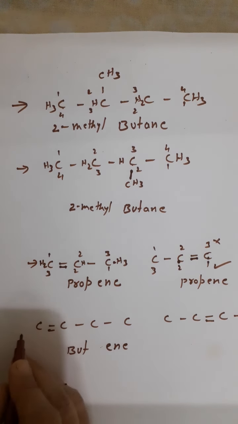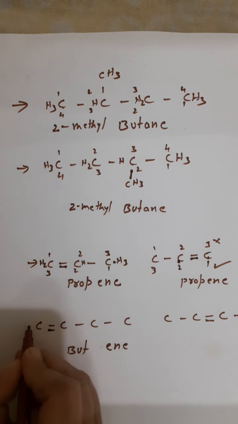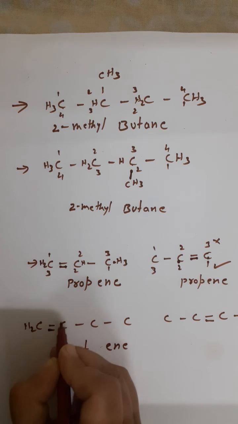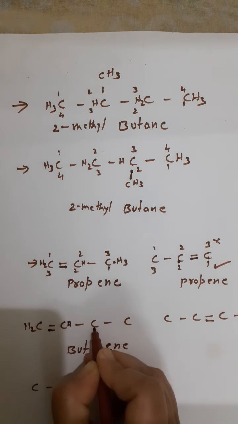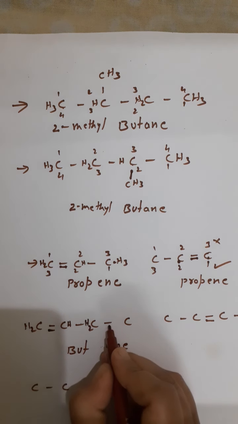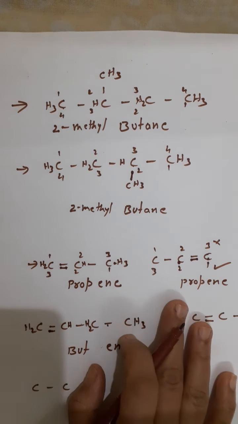So as usual, start the step. First of all, complete the structure. You have placed the double bond. Let us complete the structure. 2 bonds already. So 2 hydrogens. So 1, 2, 3. Already 3 satisfied. So 1 more hydrogen. Come to this one. 2 already satisfied. So another 2 more hydrogens. Here 1 being satisfied. 3 more bonds. Okay. So this is the complete structure.